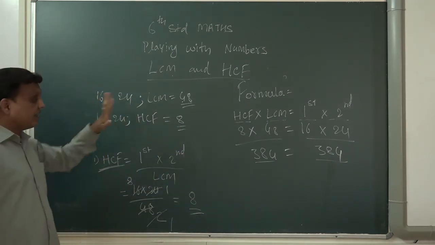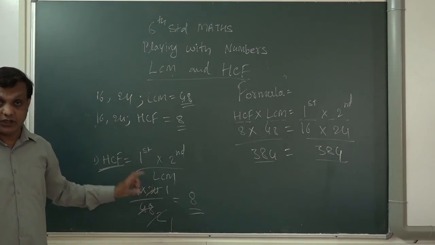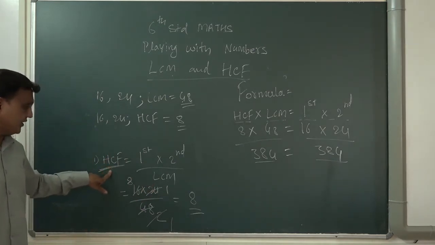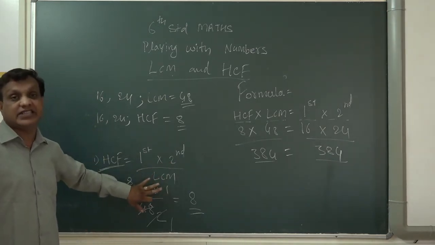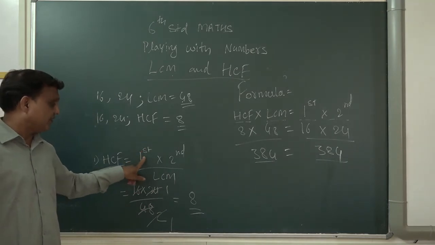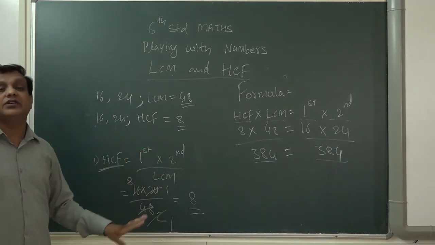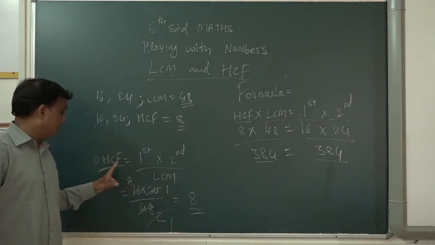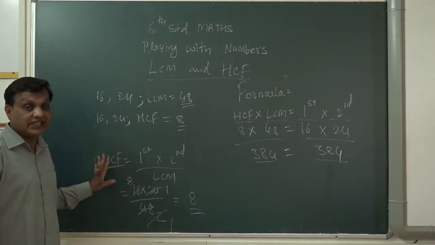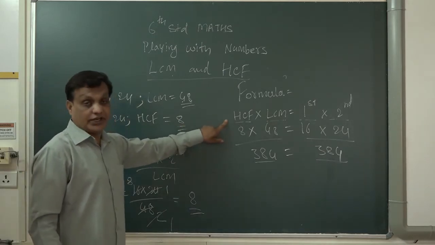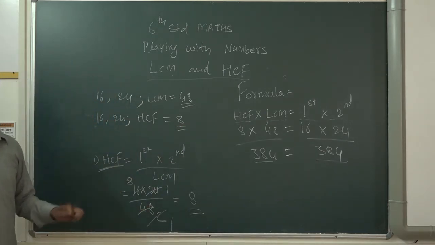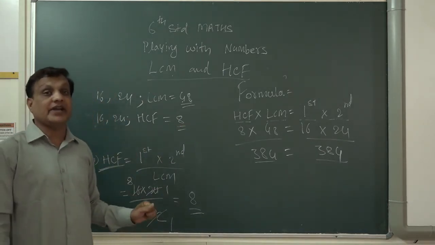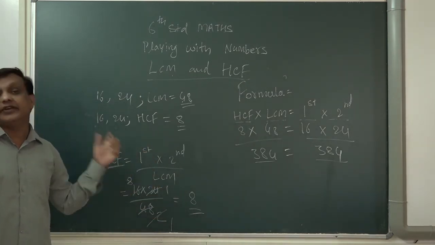These numbers only we are taking and we are solving one by one. So when HCF is not given, and first number, second number and LCM are given, you have to multiply first number by second number. Whatever the answer will be, you have to divide that number by the LCM. So when you divide, you will get the HCF. So when HCF is not given, the formula is first number multiplied by second number divided by LCM.